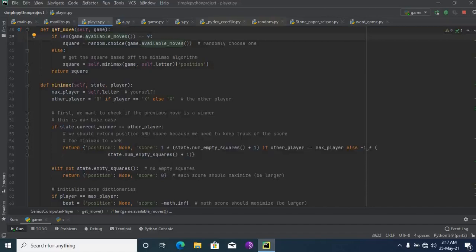Other player equals O if player equals X, else X. First we want to check if the previous move is a winner. No winner means it will execute the next level of the code. If state.current_winner equals other player, then return position None, score.